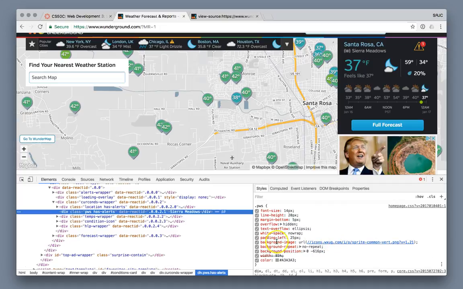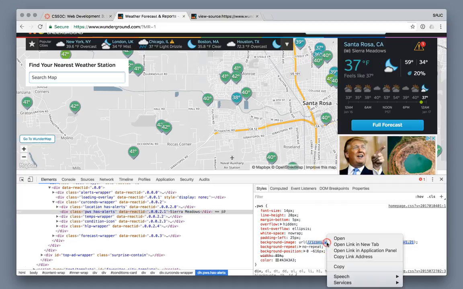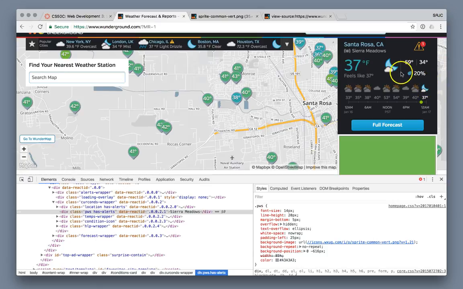And it allows you to kind of start to see other things here. So you'll notice that there is a background image. You can right-click on this and open that background image in a new tab, and it's going to show you, hey, wait a second, what's this? These indicate a sprite. So this is actually a graphic file that has multiple things inside of it that get indexed depending on the particular parameters inside the CSS that tell you which part of this graphic file should be displayed on screen. And this little widget right here is the part that is